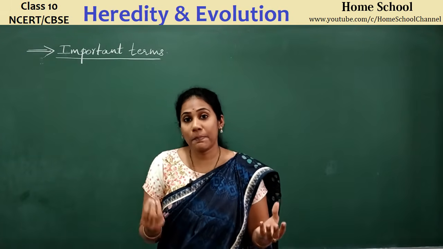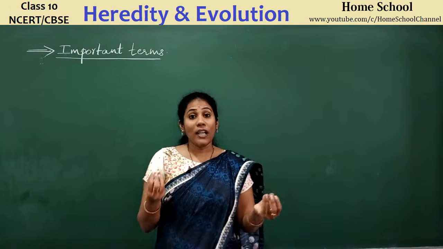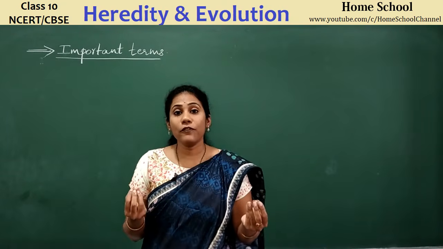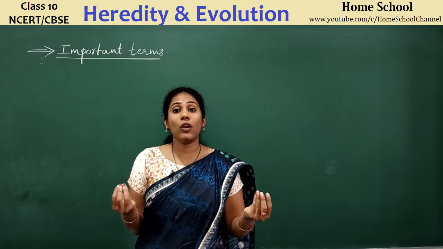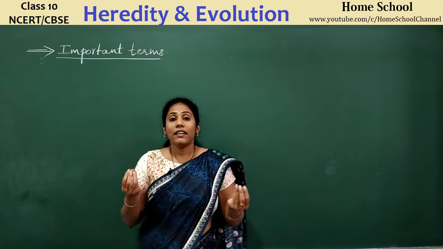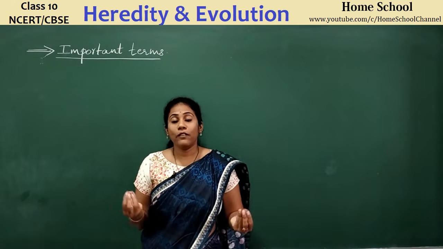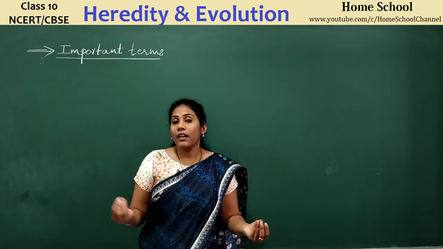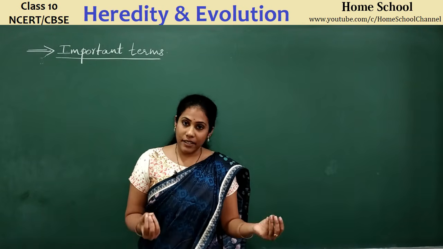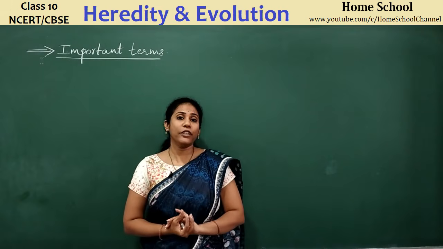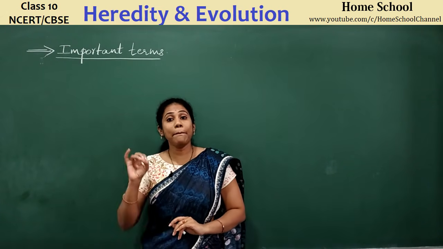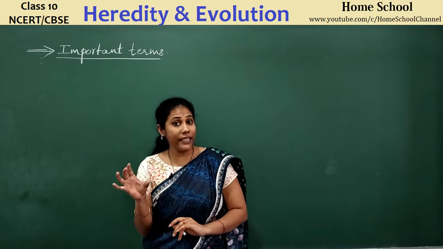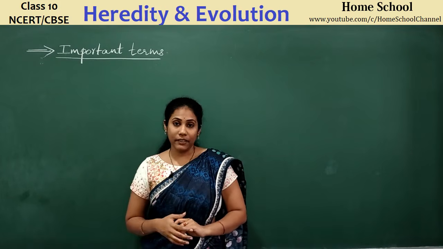Right, based on his experiments, what plant he considered for his experiments, the pea plant, its 7 contrasting characters, about a dominant trait and what we mean by recessive trait. All of this we discussed in the last video, and in today's video we are mainly discussing Mendel's experiment with the garden pea plant.